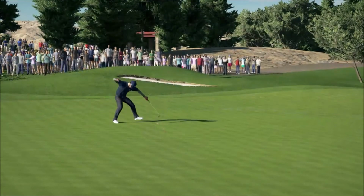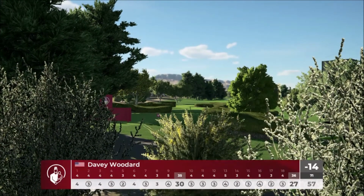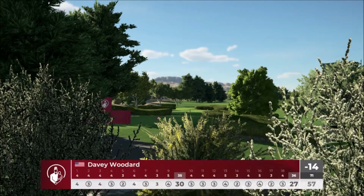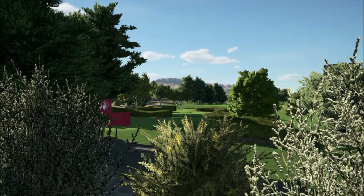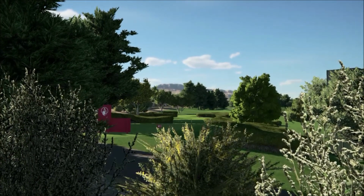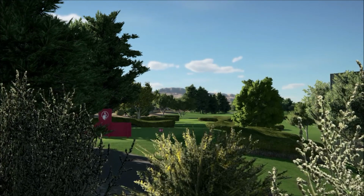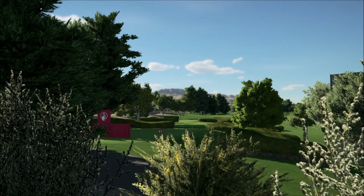Well, there we go, Rich. The hardest tournament name to say on the PGA Tour. The winner of the Shriners Hospitals for Children Open. I'm really glad you got that out instead of me. Yes, good tournament all around. I got to say, plenty of players had a chance coming down the stretch, but only one got it done at the very end. Now let's hope